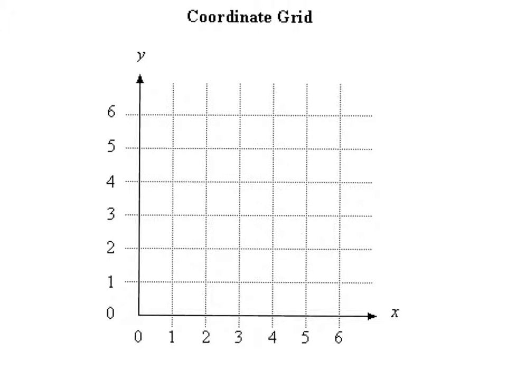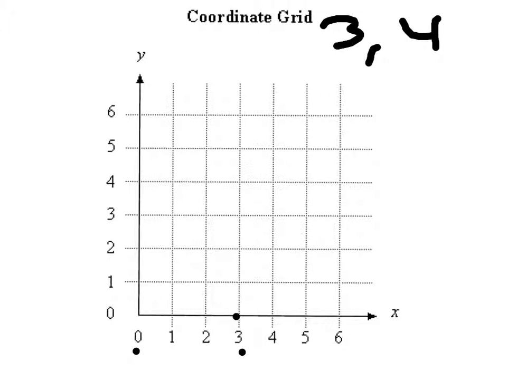Okay, this is the y-axis. Now this is the x-axis. We will be doing 3 and 4. 3 will go on the x-axis, which is right here. 4 will go on the y-axis, which will be here. So now, we will be moving from 0 to 3, which will be right here.